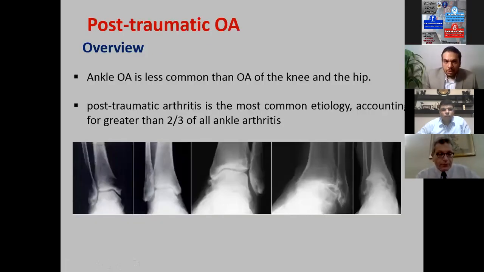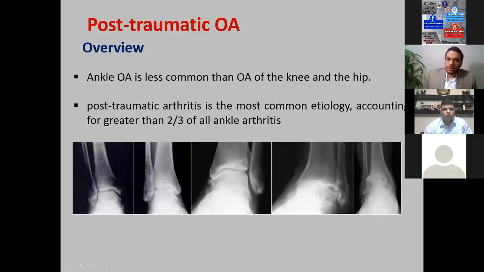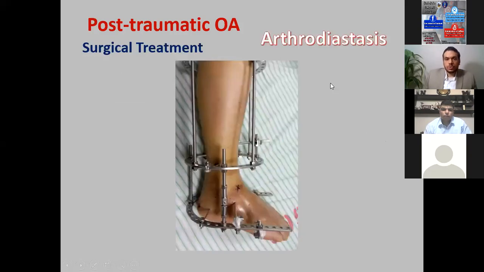One more category in chronic ankle pain is post-traumatic osteoarthritis. Ankle osteoarthritis is less common than in the hip and the knee, and the post-traumatic type is responsible for about 2/3 of all ankle arthritis and is the most common etiology. So if we proceed to the role of arthroscopy,